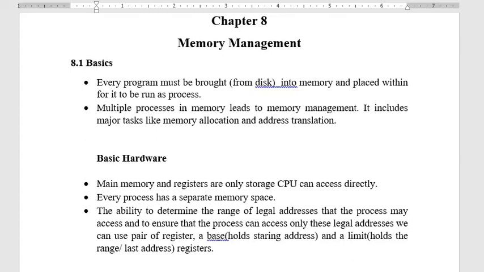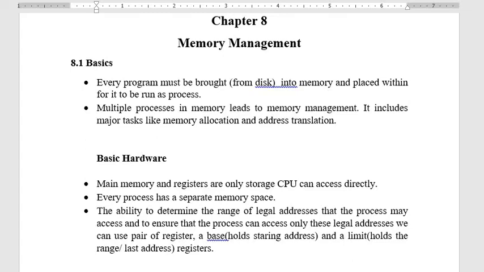So we all know that in a computer system we have two types of memory, the main memory and the secondary memory. Since the main memory is of limited size, we cannot accommodate all the processes running in the system. Hence we go for secondary memory devices, in which all the processes are kept initially, and whenever they want to run they are brought into the main memory so they can run as a process. The CPU can be allotted to processes selected from the main memory, which means that before they execute they have to be brought into the main memory.